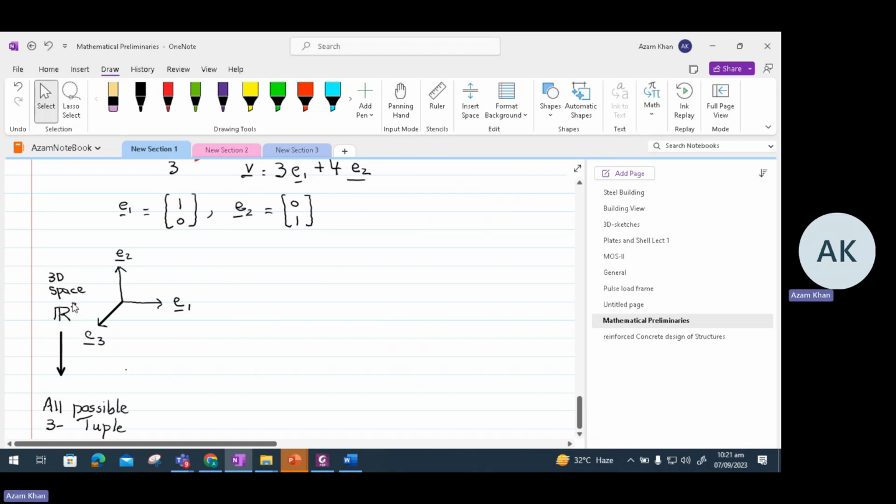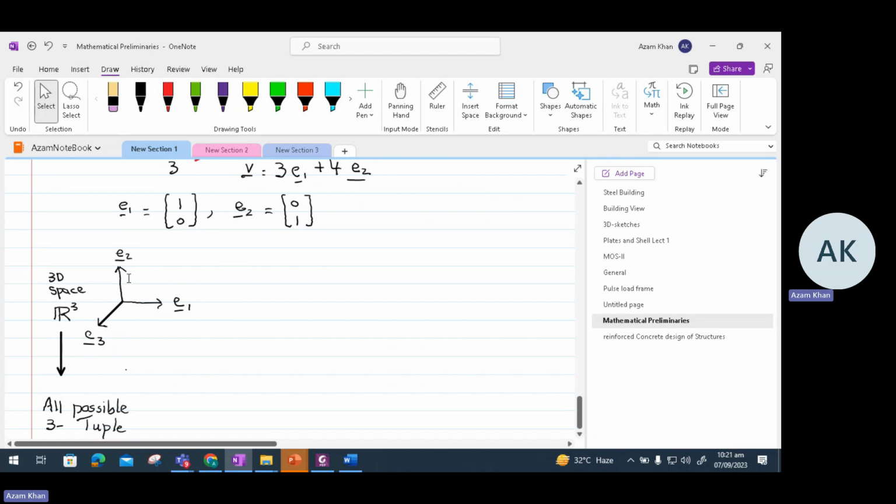And it has some number as a superscript, and that number gives us the dimension of the space. So if we are dealing with a 3D space, then we would write R power 3. So in this 3D space, we have